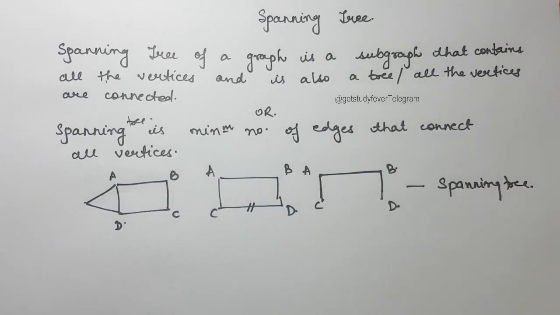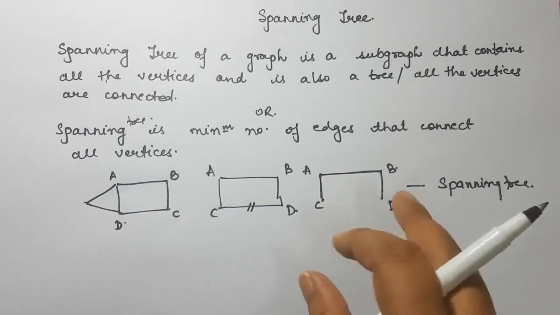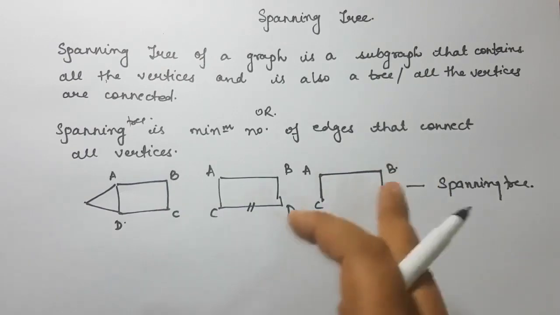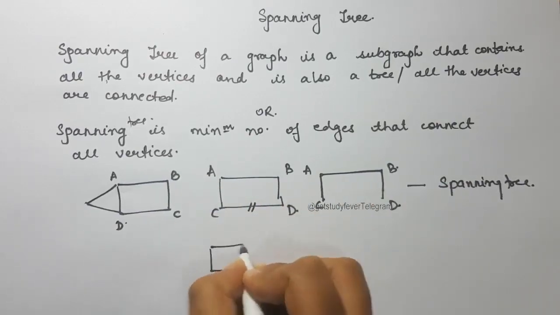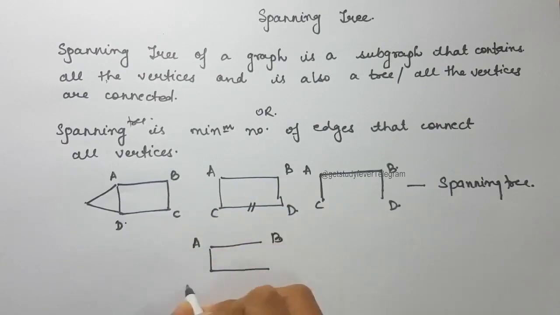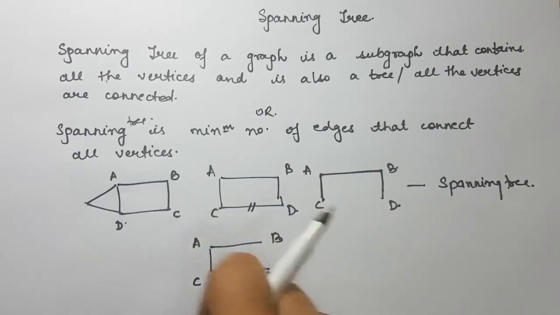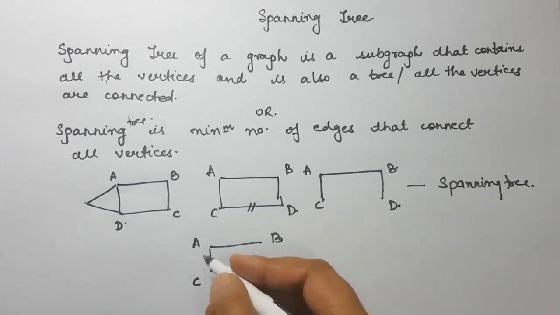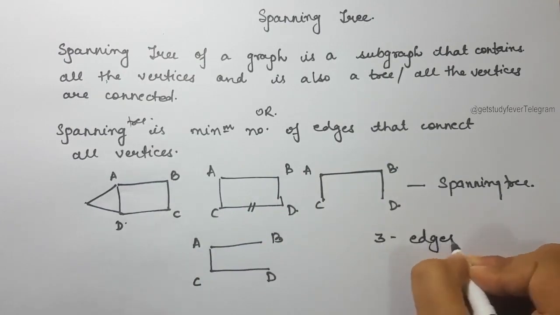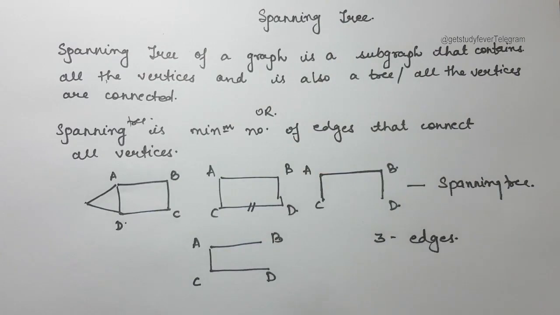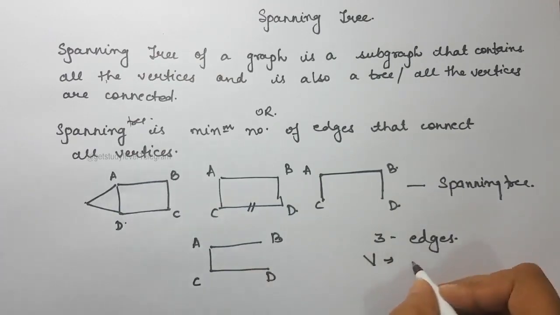Now the question is, can we have only a single spanning tree for a particular graph? So is this the only spanning tree available? Now let's try to construct another spanning tree. So if I represent my graph like this, this is also another spanning tree. So one thing to note here is that in order to connect 4 vertices, I always need 3 edges. So in case of spanning tree, the number of edges required to connect all the vertices is, let's say the number of vertices is V, so the number of edges in a spanning tree is V minus 1.